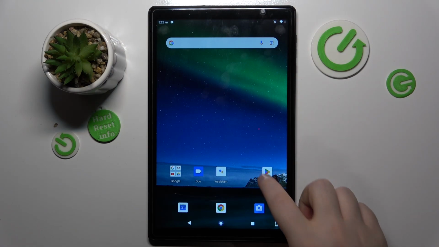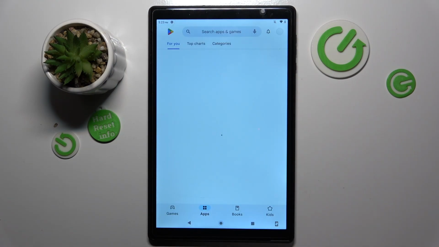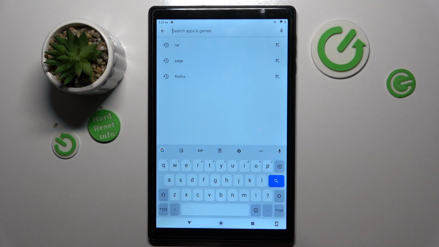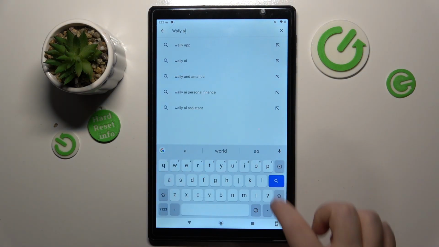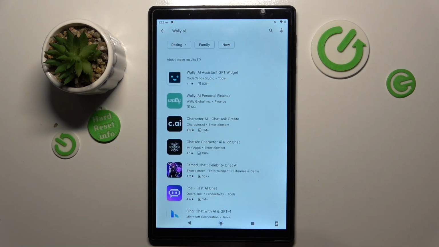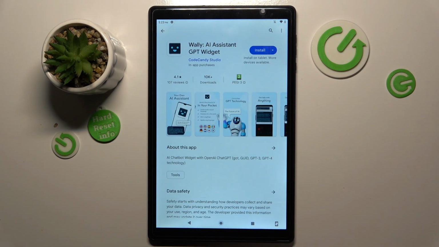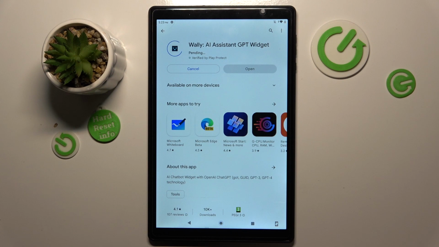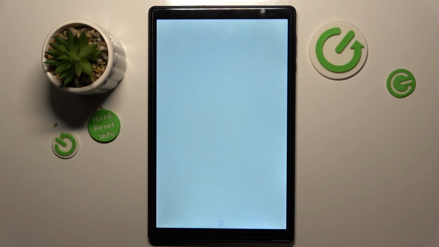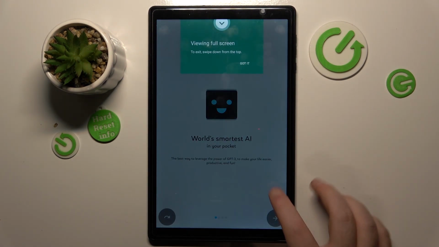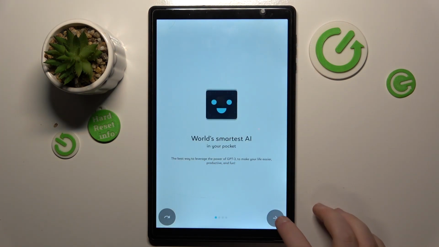So you have to start with opening your Google Play Store. Now click on the search bar and type in Wally AI and click search. Now select this application and click install. Now click open, and here you can skip the introduction,